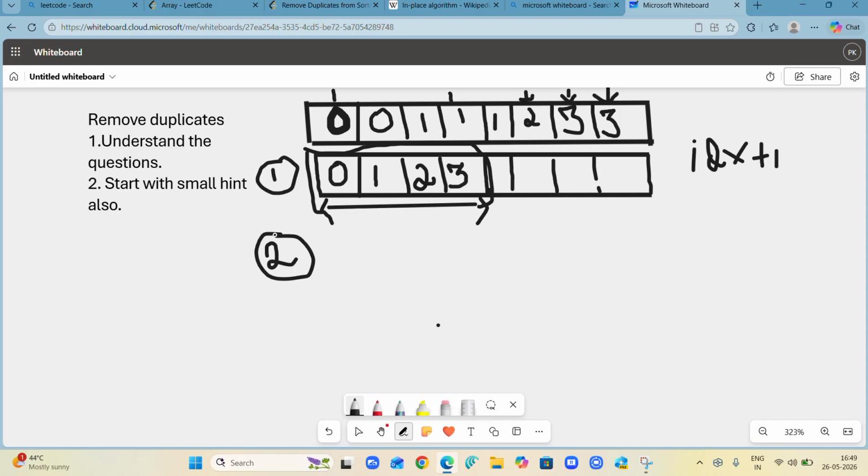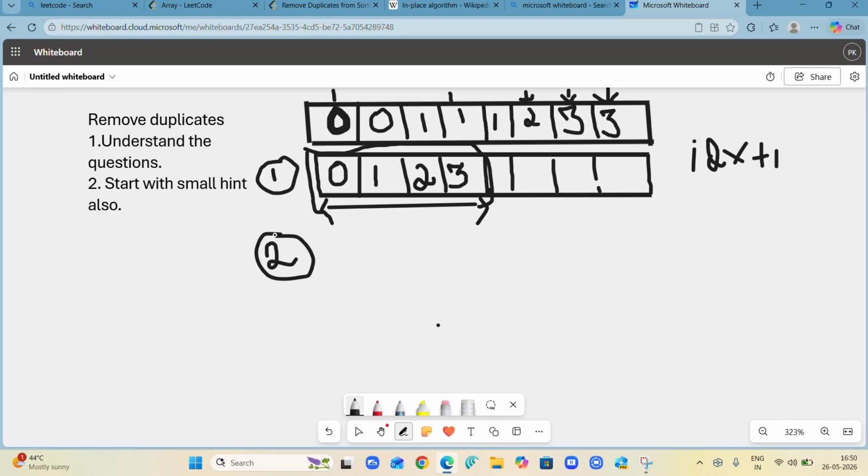And in the interview also, if you are going to solve in this manner, you are not going to use the things which the question says not to use. But when you are not getting it, I would suggest using it. Then you are going to get the approach, like here you got that I need to only move through the new array, and I can compare in this manner. So that comes inside your mind.